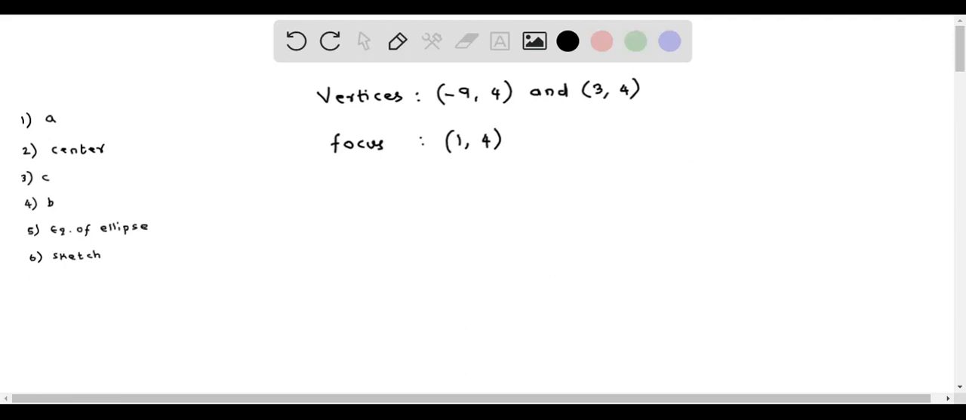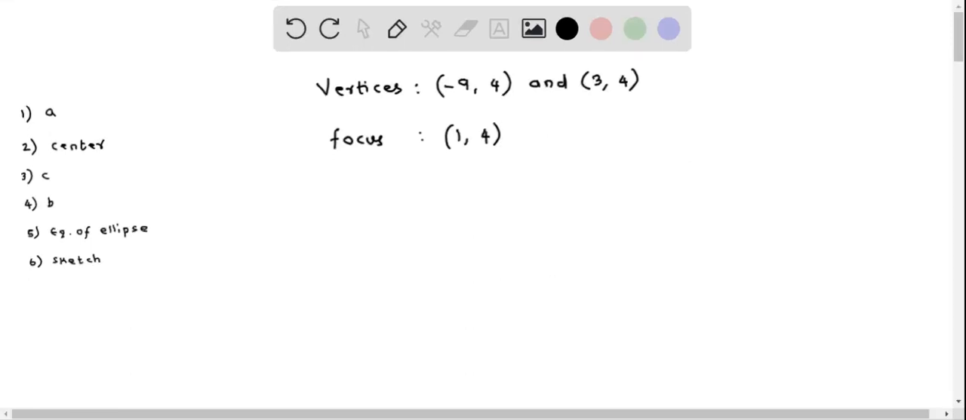We now write an equation of the ellipse with vertices at (-9, 4) and (3, 4), and one of the foci is given as (1, 4). So first, let's determine the value of a. For this, we utilize the length of the transverse axis,